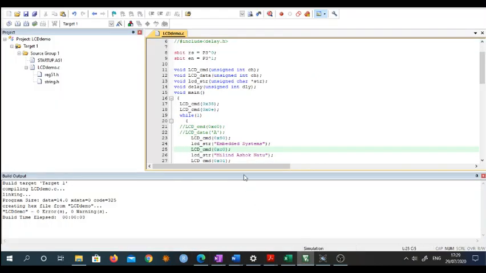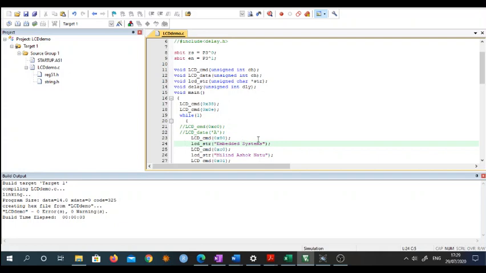Then I move to the actual data which I am interested in sending. Okay, so I know that in the first line only 16 characters I can place because it is a 16 by 2 display. Therefore I will ensure that there will be 16 characters in the first line. So here you measure, there are a total of 16 characters, embedded system, so that I am sending to this function LCD str. Later on I will tell you how this function is written.